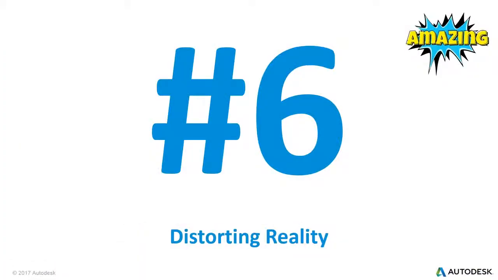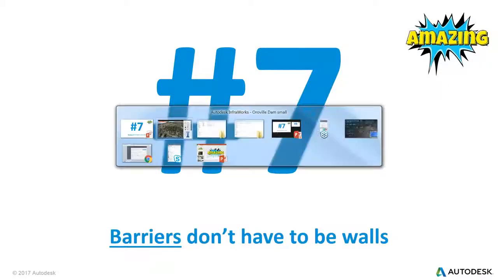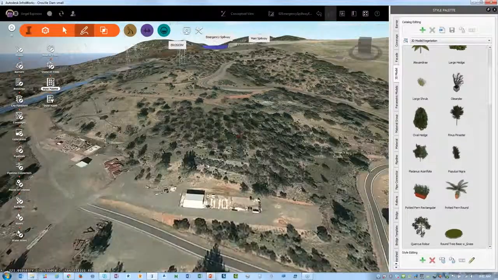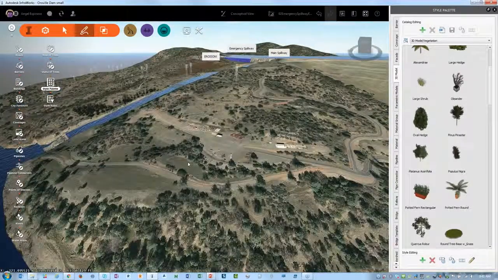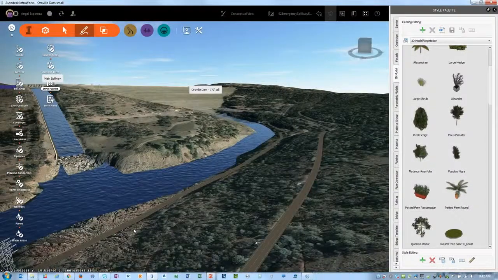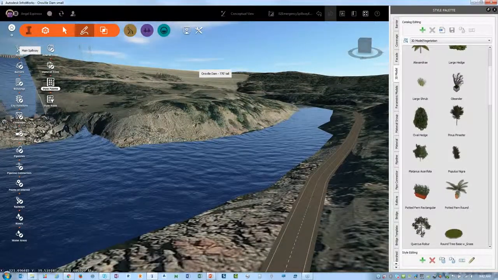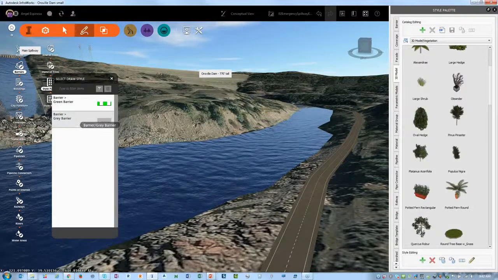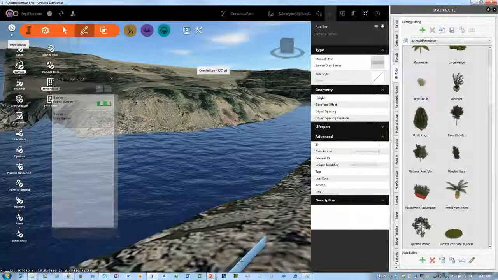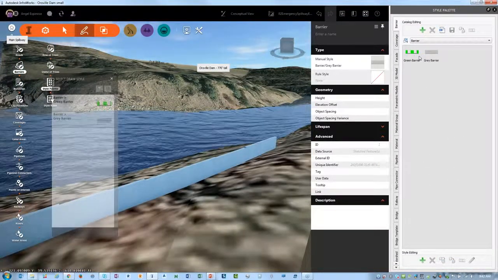So we distorted reality. Now, when it comes to 7, we're going to talk about barriers for just a moment. Now, barriers, if I were to come over here to this other portion of the model, barriers are very commonly considered to be some sort of wall. So if I were to come down here and I wanted to build a wall or a fence, I could come to the create barrier. There's some straight out of the box ones. Here's this gray barrier. I'm just going to double click there and drop that in and show what's doable with that. Now, if I look at my barrier, these are the 2 that are straight out of the box,